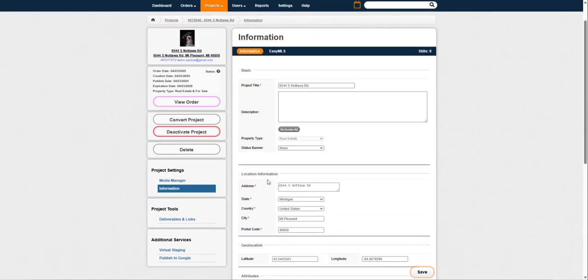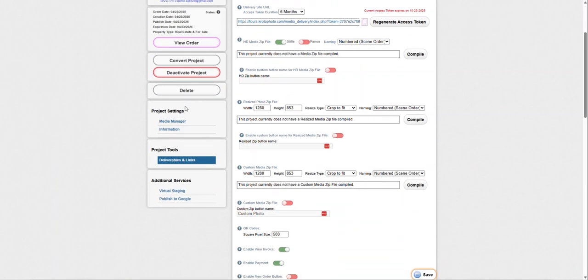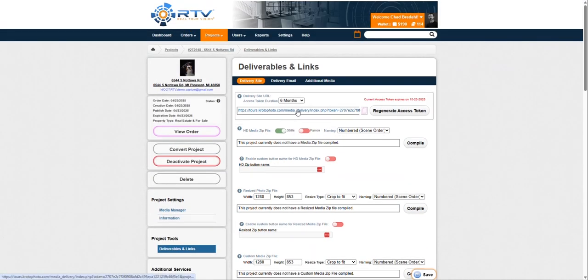Now just to demonstrate, we're going to go ahead and go to deliverables and links. And you'll see along the side here, there is essentially just the bare minimum: your media manager, information about the project, deliverables and links, and obviously you have the virtual staging and publish to Google as additional services. But if we go to the delivery site,